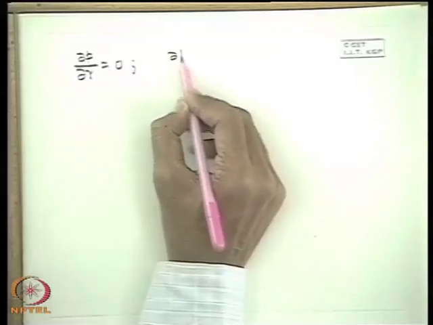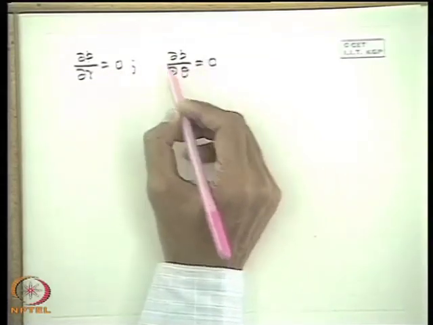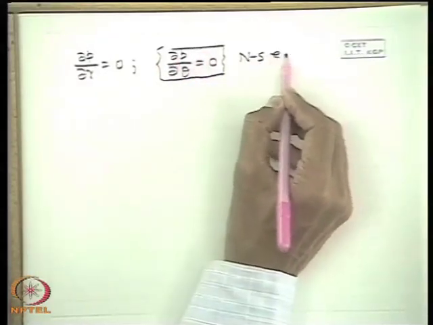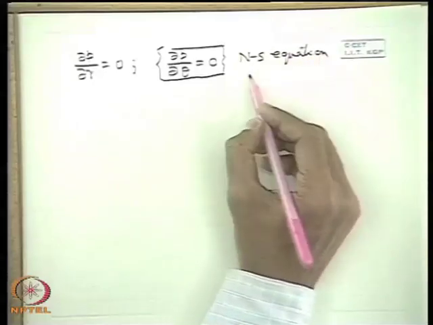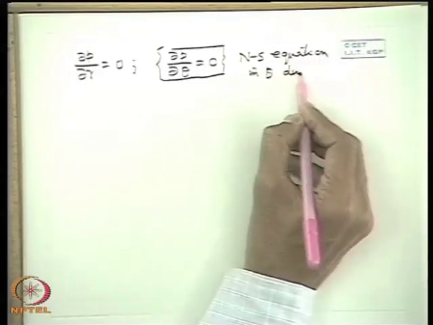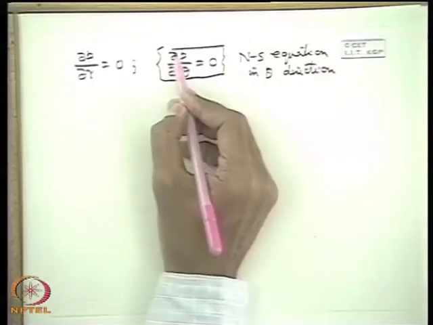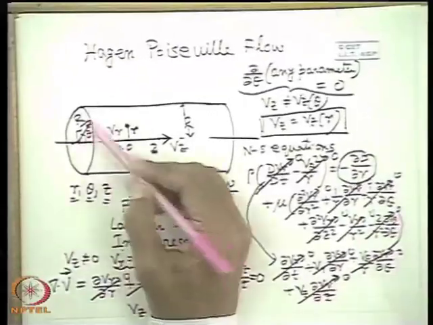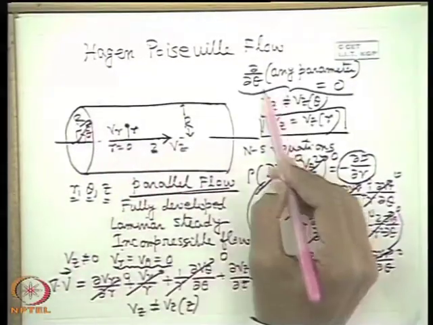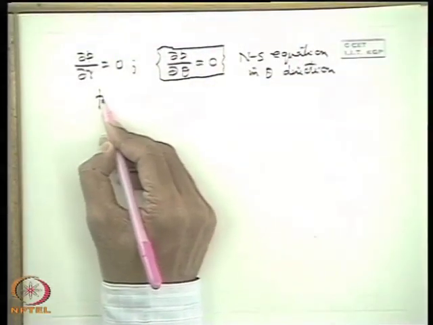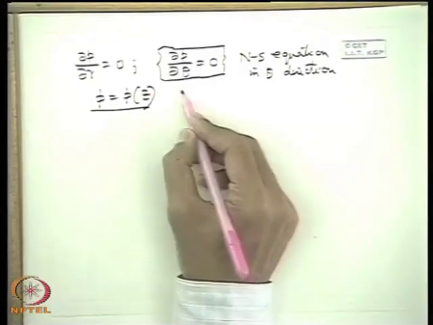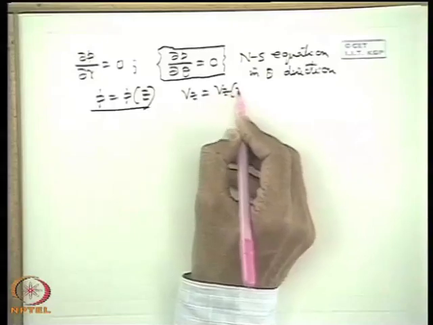Again, from azimuthal symmetry we get del p del theta is 0. We can obtain this also from the Navier-Stokes equation in theta direction, but it is not required now, because we have considered azimuthally symmetric flow: if the flow is symmetrical about the r equal to 0 axis, del theta of any parameter is 0, that means del p del theta is 0. So p is a function of z only. It is complete. Vz is a function of r and p is a function of z. Keep this in mind.